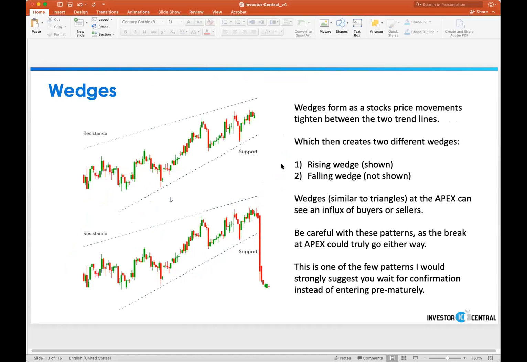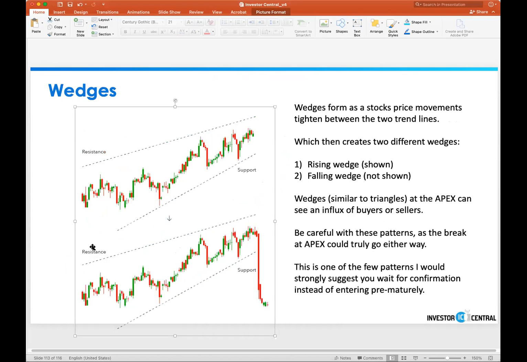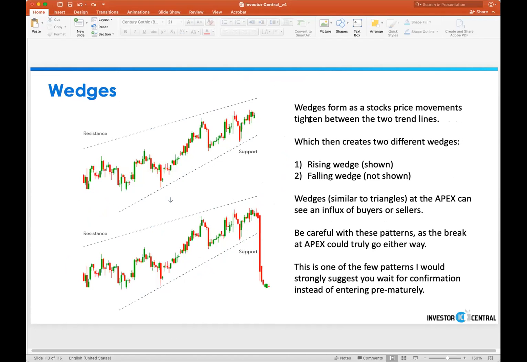On to the next one, wedges. So wedges, right, we're getting a little bit more and more advanced. For you advanced traders out there, it might not be that advanced, but it might be a good refresher. So right now I only have the rising wedge formation and pattern showing. But something that you need to keep in mind is that usually when you see a rising wedge, for the beginner traders out there,